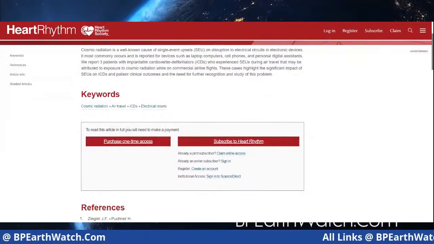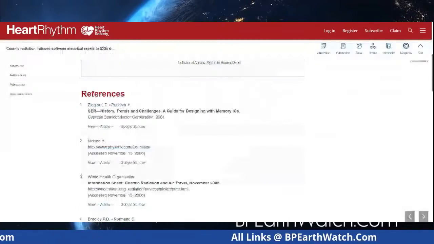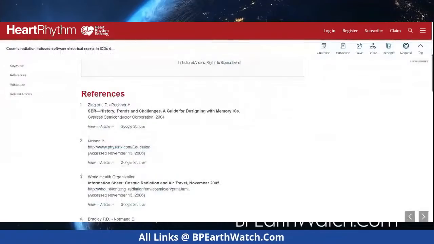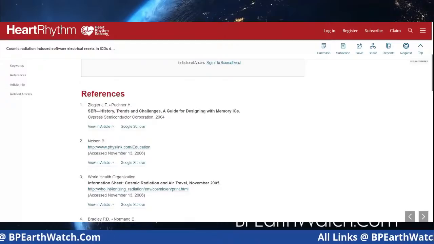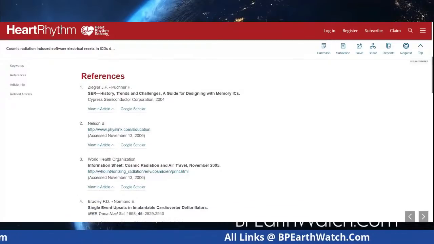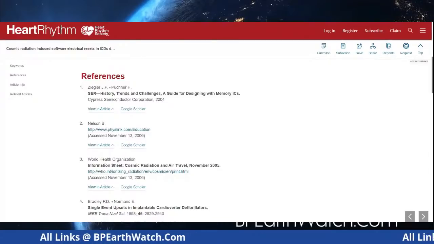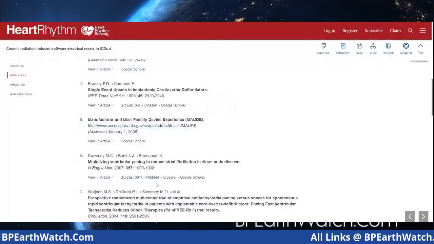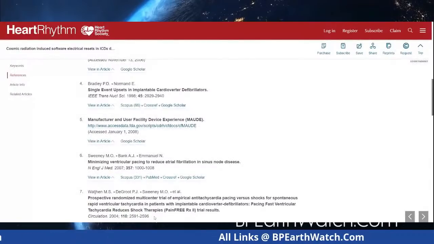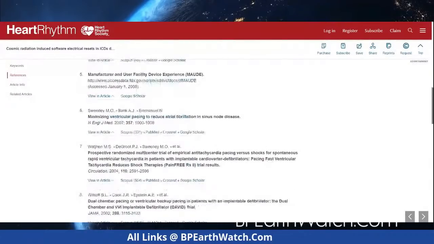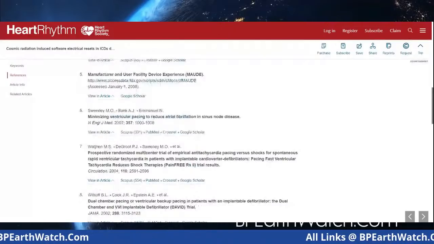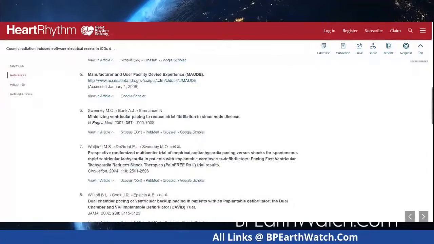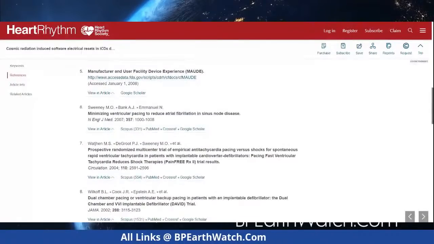And again, this is pouring in from our upper atmosphere through to the planet, and through the planet in some cases. And it will give you the different studies, the different cardio effects, rapid ventricular tachycardia in patients with implantable defibrillators, all kinds of problems there. Sinus node disease. It's really weird, but there's a lot of information.